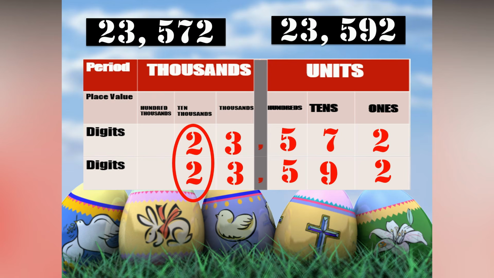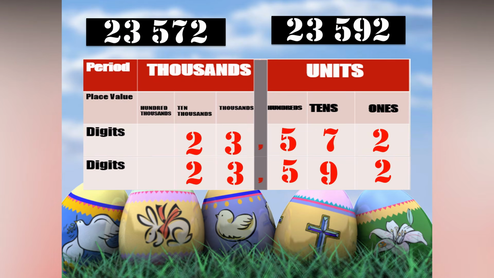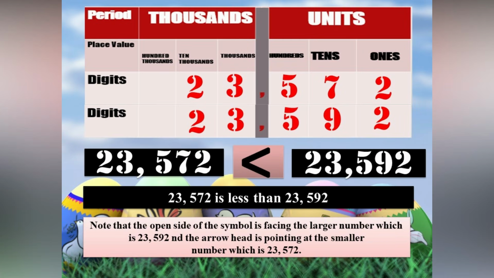Both of the numbers in 10,000's digit is 2. So, they are equal. Both of the numbers in the thousands digit is 3. So, they're again equal. Both of the numbers in hundreds digit is 5. So, they are equal. The numbers in the tens digit is 9 and 7. 9 is larger than 7. Therefore, 23,572 is smaller than